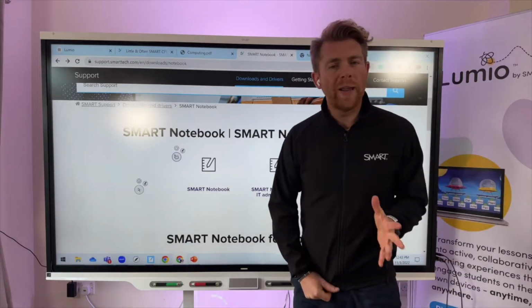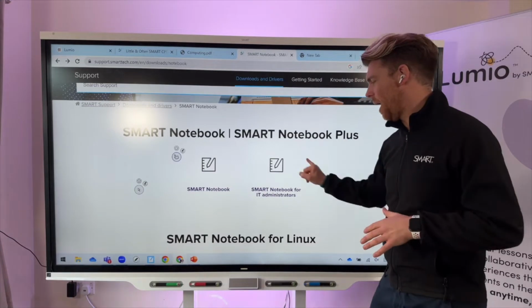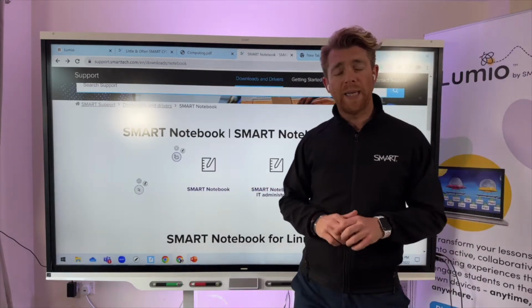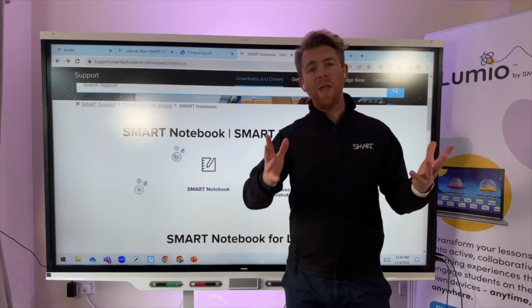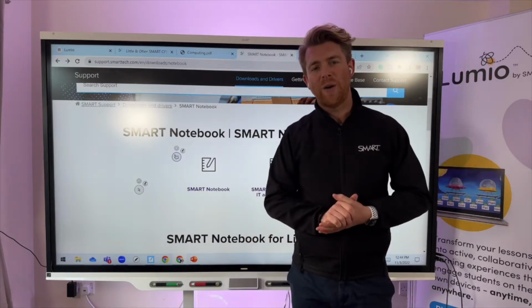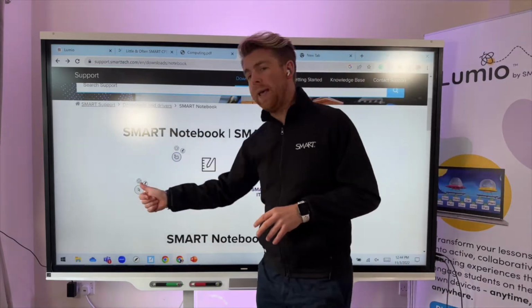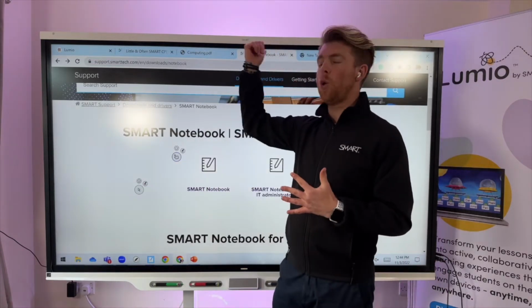So if you're looking at this from an IT provider side, you can do that as an admin, roll that out to your whole staff or on an individual basis. And you can have that at school, at home, PPA rooms, wherever you need to use that software. But actually to make that Smart Ink appear, you will need it plugged into a Smart